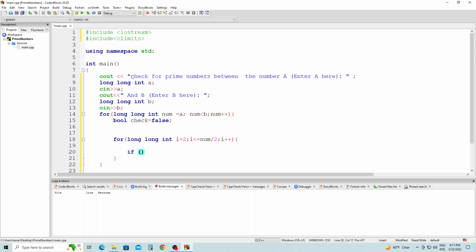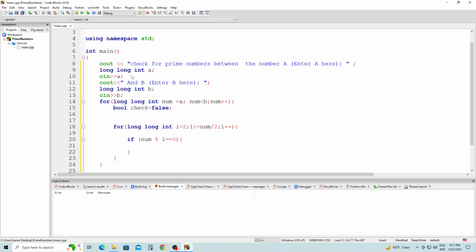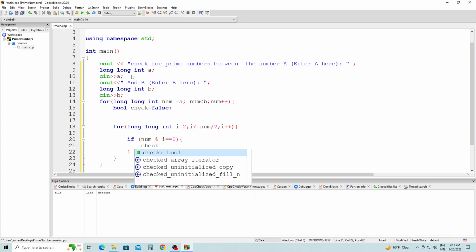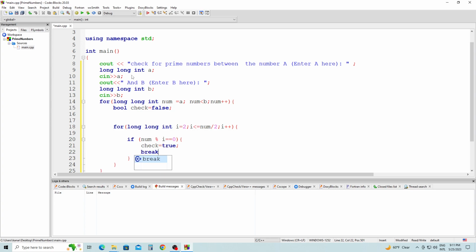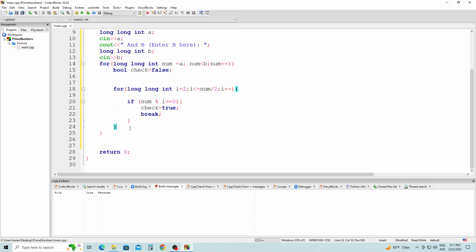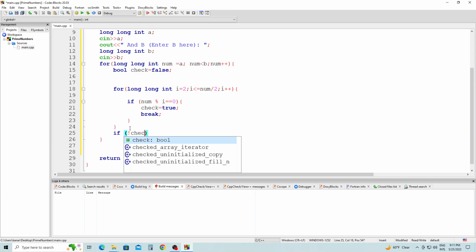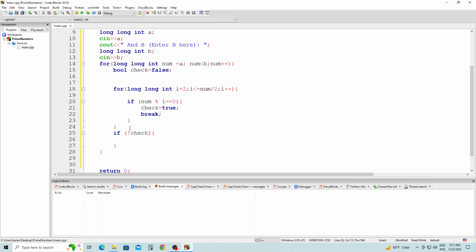If num modulo I is equal to 0, check will be equal to true, semicolon, and then we're going to break out of the for loop, break. And right after, if check is not true, we're going to see if